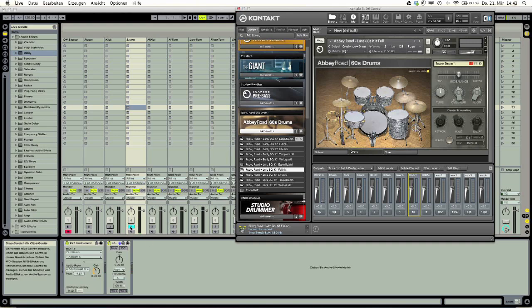And now we go on and do all the same with hi-hat, toms, and so on.